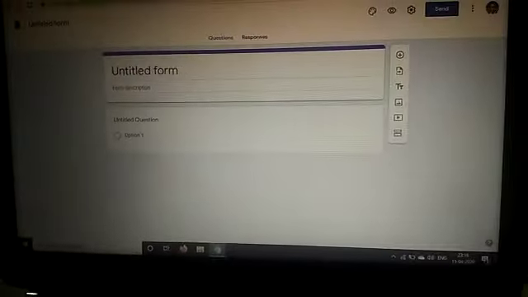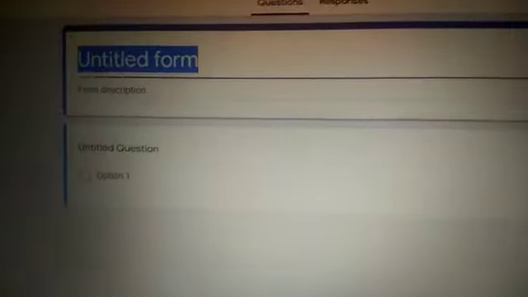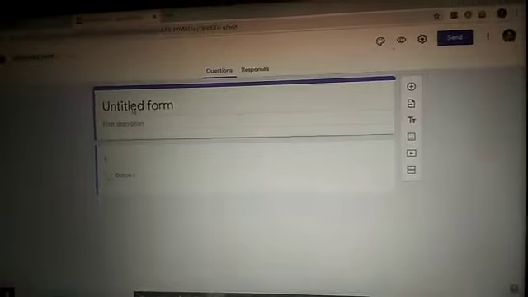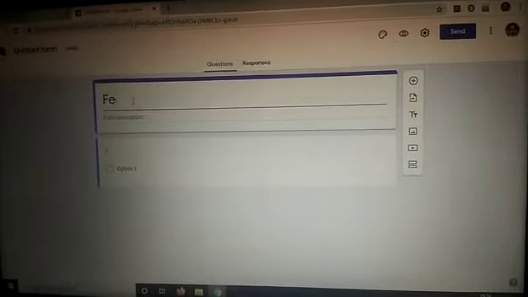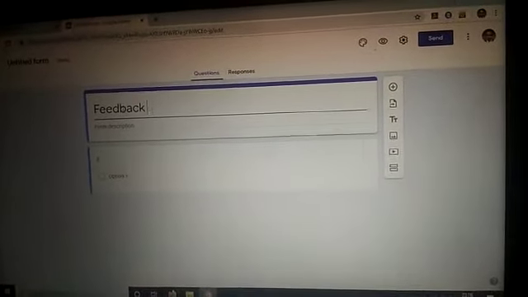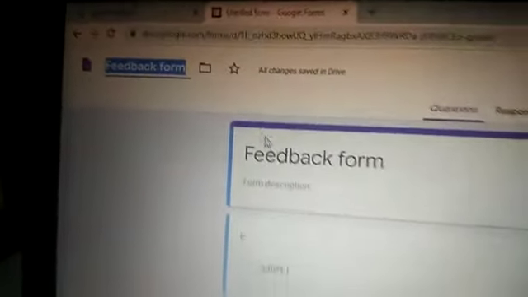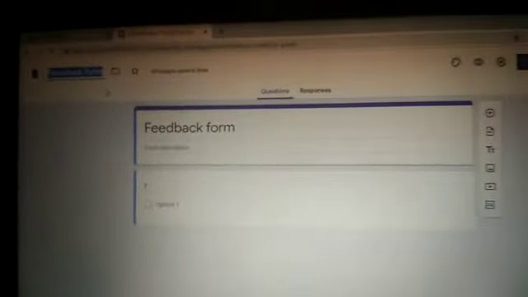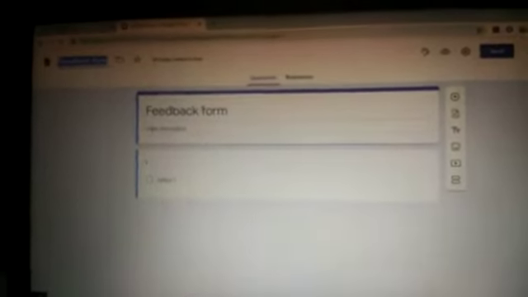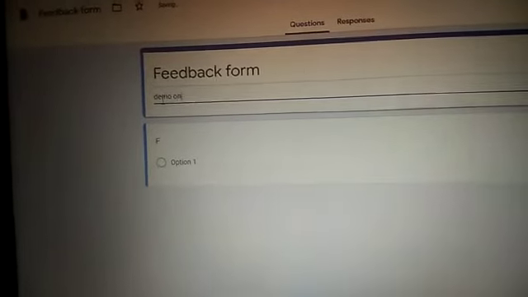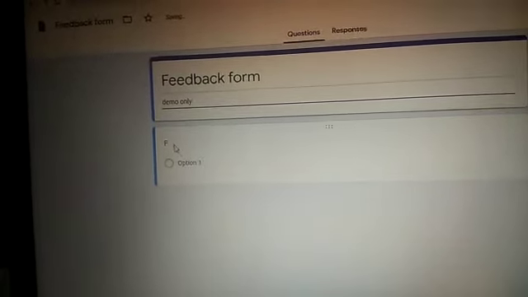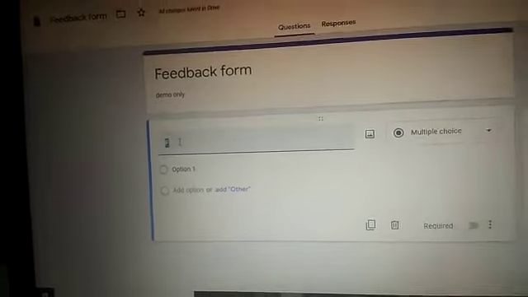Then click on the untitled form and give the title like feedback form, and just click on the untitled form. It will just copy the title from here to there automatically. Form description, this time I am typing demo only, and then click on this question number 1,